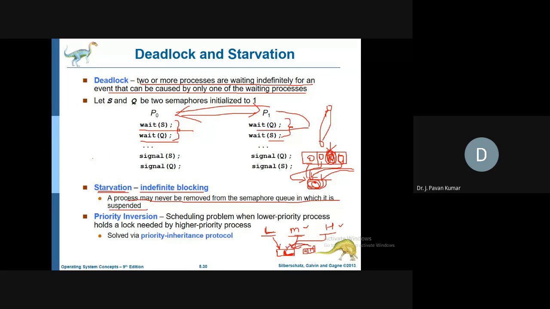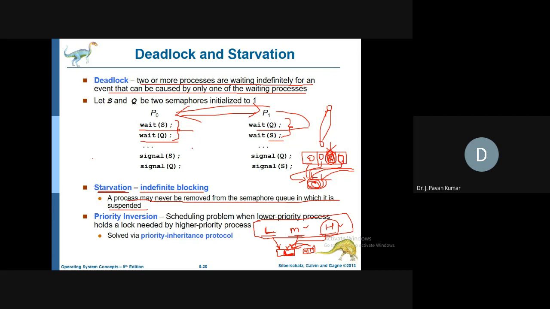This is picked. What will happen if this is picked? Although we are having high priority for this process, this middle priority process is going to get the critical section access. This is not following the priority sequence. According to priority, it is not allocating. That is the problem. That is the side effect of maintaining a blocked queue. So while implementing this kind of blocked queue on each and every semaphore, we need to take care of these kinds of problems, so that we are able to get process synchronization consistently.